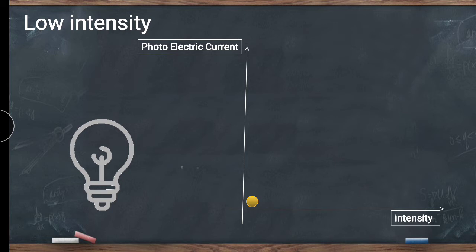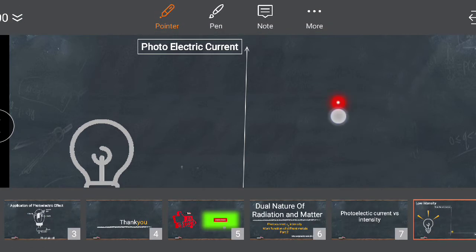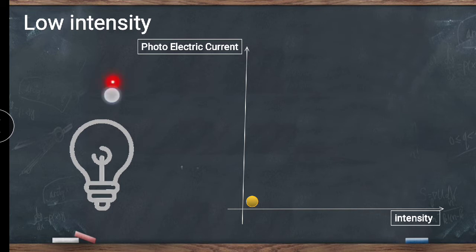Now friends, here you can see one yellow ball. So according to the intensity we are giving to this bulb, we will observe certain changes in this ball, right? So now we are going to glow this bulb for a low intensity. So let's do that. Right, so now we have glowed this bulb for low intensity. So now you can see the changes which we have observed in case of this ball.